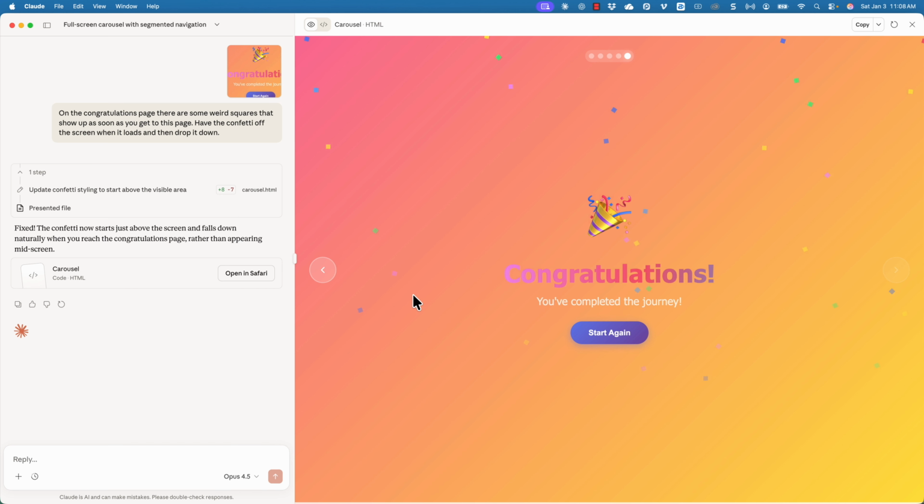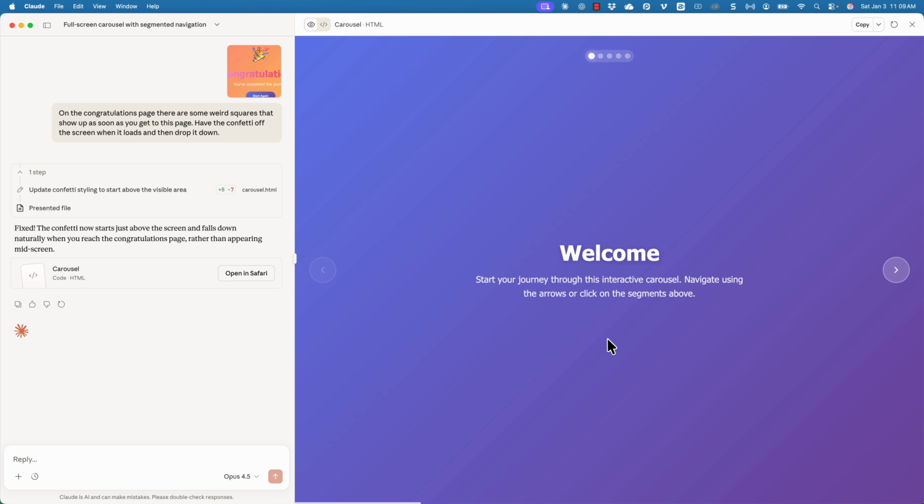Yep, and it starts out, we don't get those weird lines. It starts out from the top and drops from the bottom there. So if I click on start again, it will take me to the very first part. Now on some pages, this is where you can start to iterate and you can add images, you can add